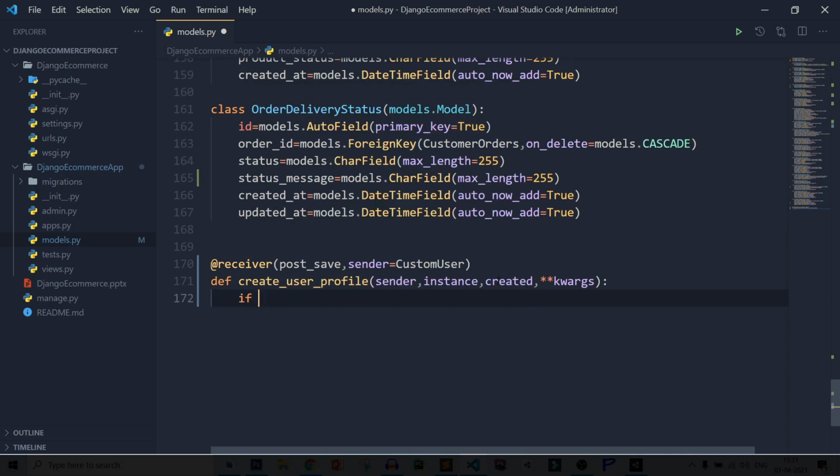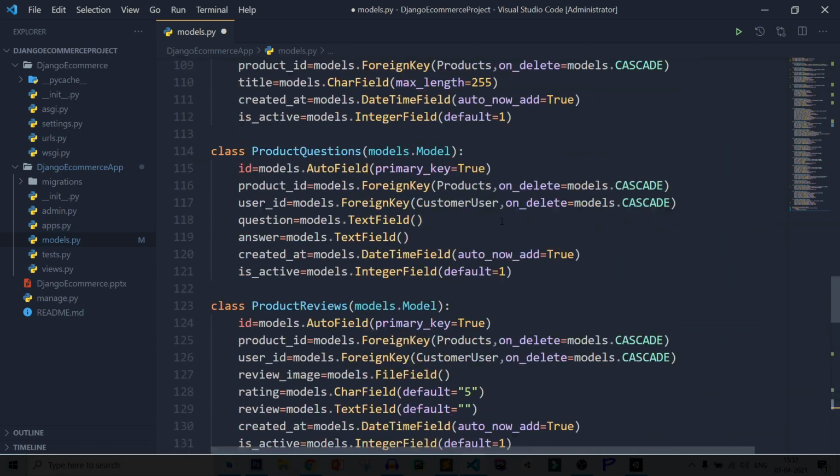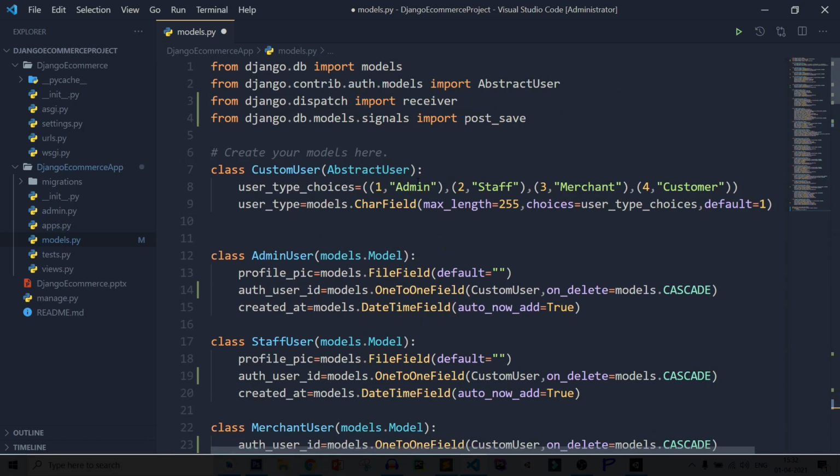After that, if created, then we need to create another row in another table like customer user, admin user and merchant user. So if instance.user_type equal to 1, then let's check what 1 is. 1 is for admin, 2 is for staff, 3 is for merchant and 4 is for customer.